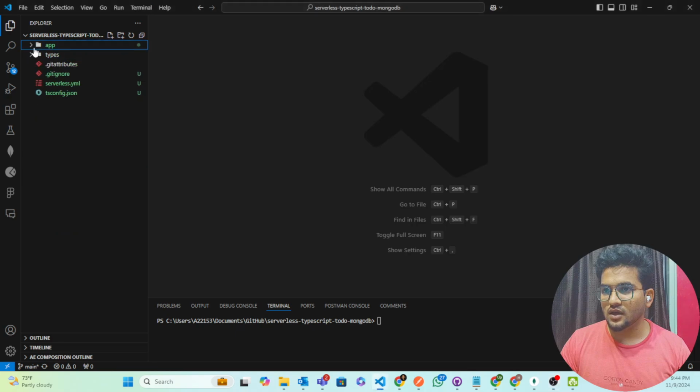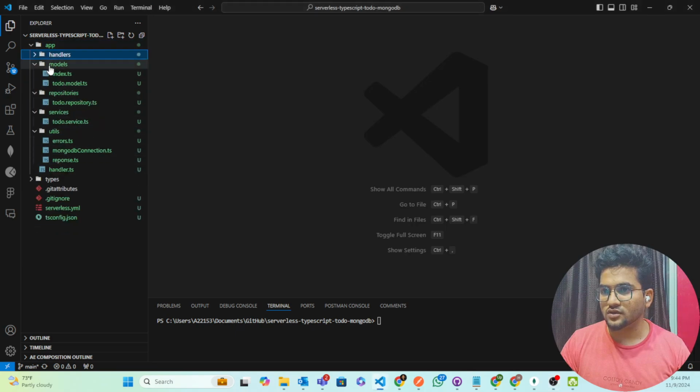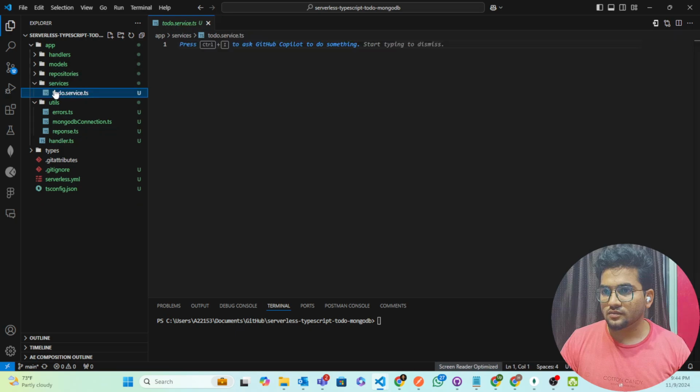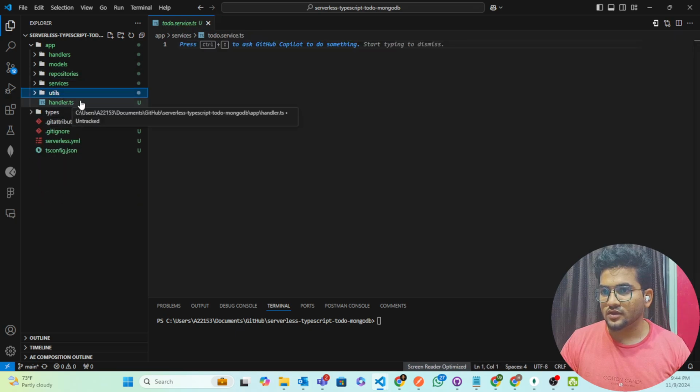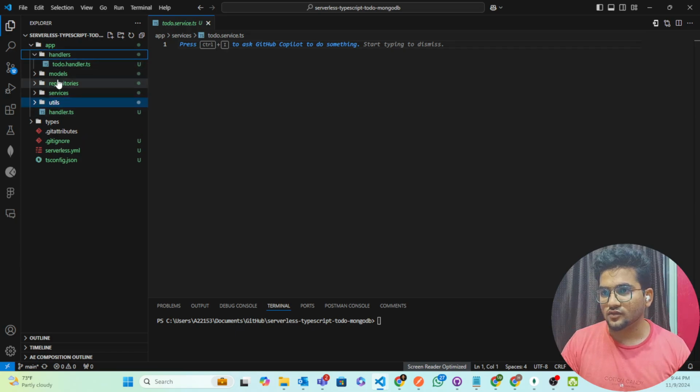And in the app, I have created this handler, you can see, directly in the app. So whatever handlers there will be will be imported here and exported directly from here so that we can configure them in the YAML file. Okay,